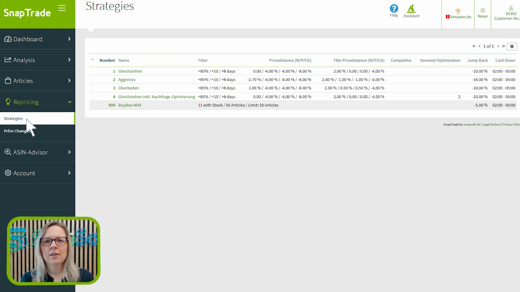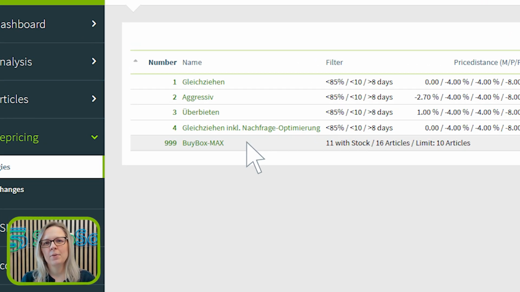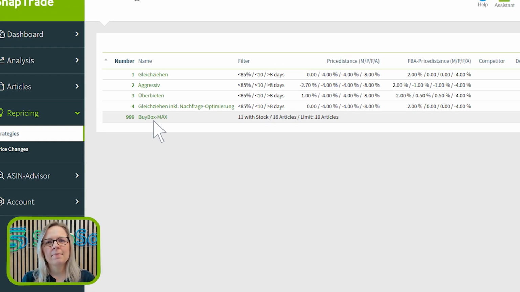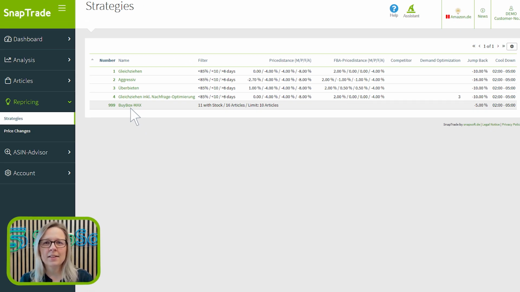All of our strategies are based on the utilization of fixed and defined price gaps in order to achieve our objectives. One exception is the Buy Box Max strategy, which you can also test for free during the trial period to evaluate its effectiveness and potential benefits. The objective of this strategy is to determine the maximum achievable price in the buy box for the items you are selling. It carefully analyzes each competitive offer, taking into account a multitude of factors, such as shipping method, delivery